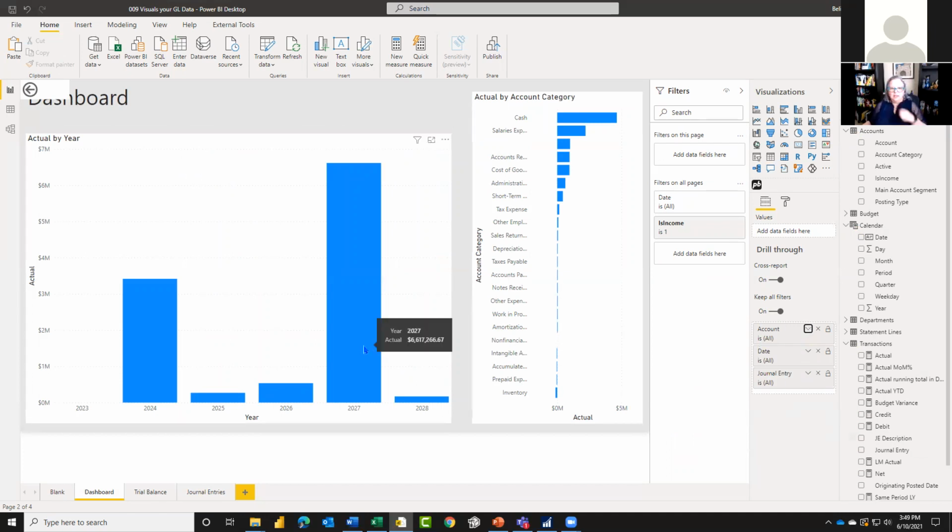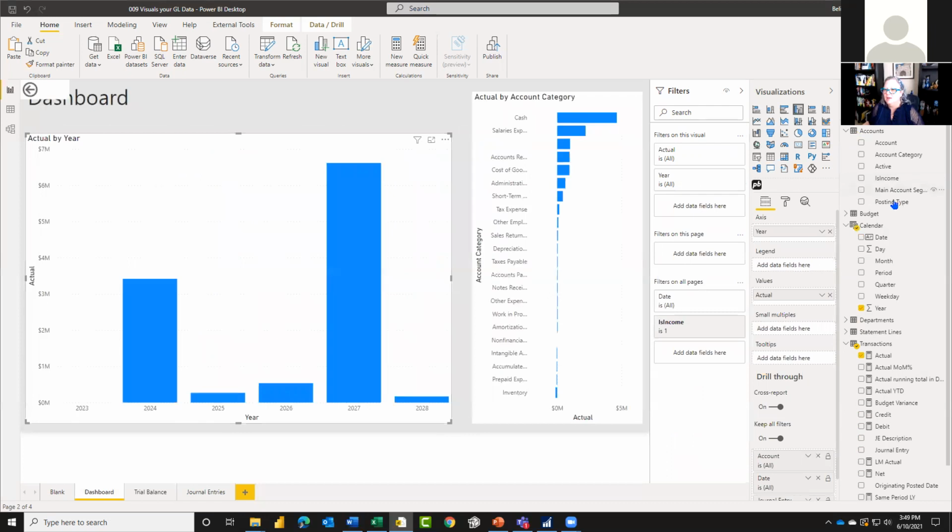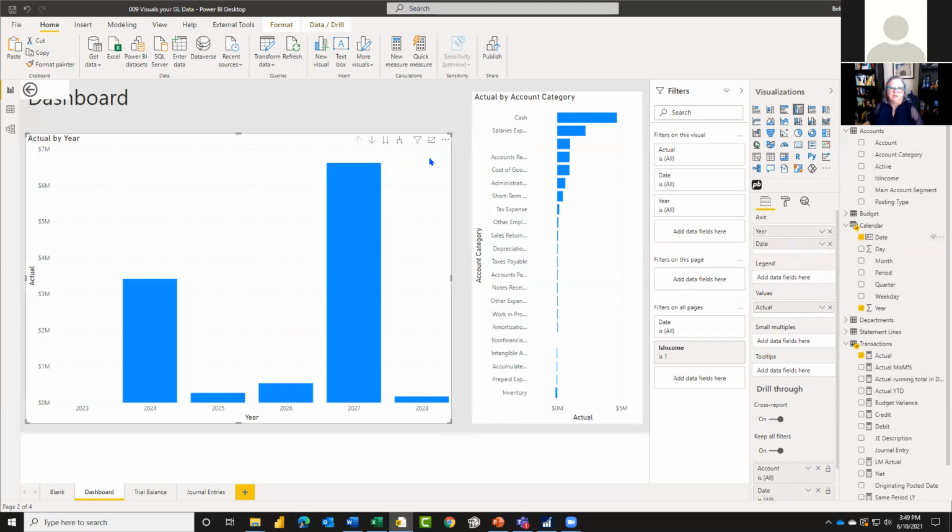Oh, this one is looking at the year, not the full date. That's why I'm not seeing that. So let me come in here and put date under the axis. So you could drill down and look at the date. And now when I highlight one of these, I should be able to,